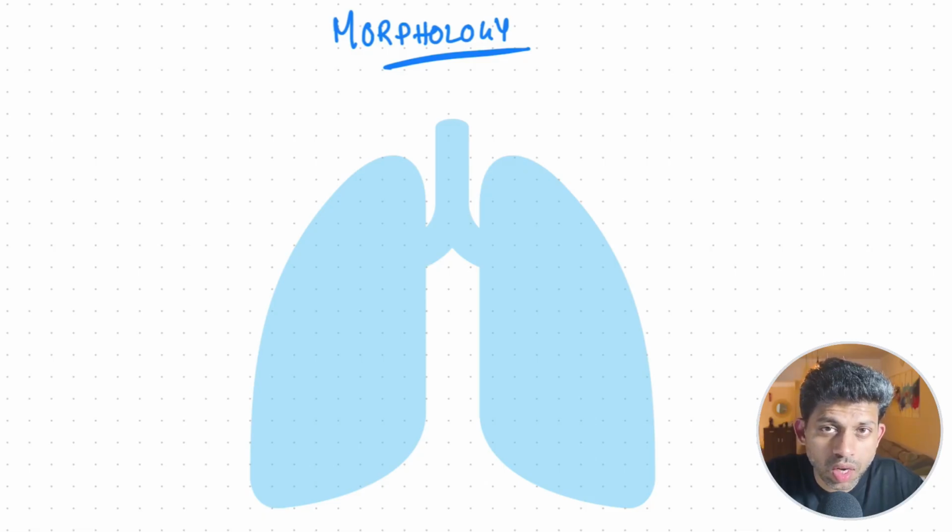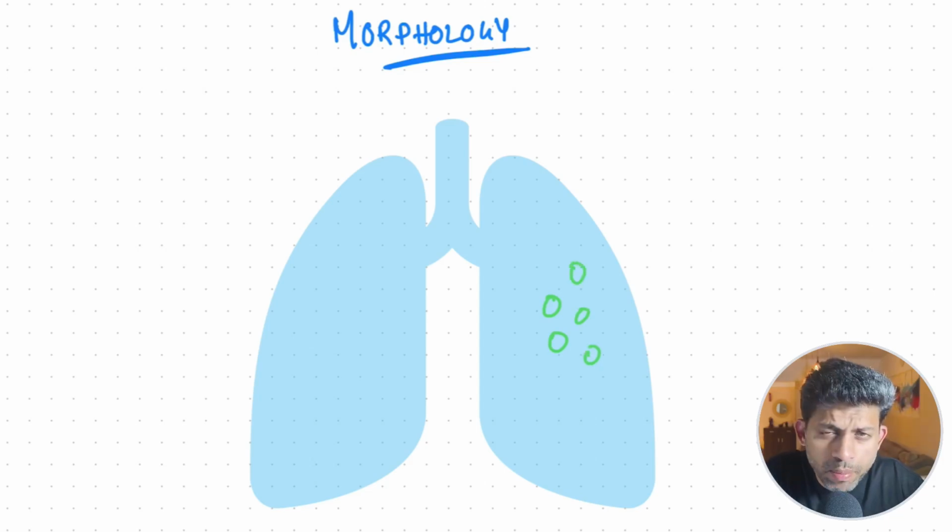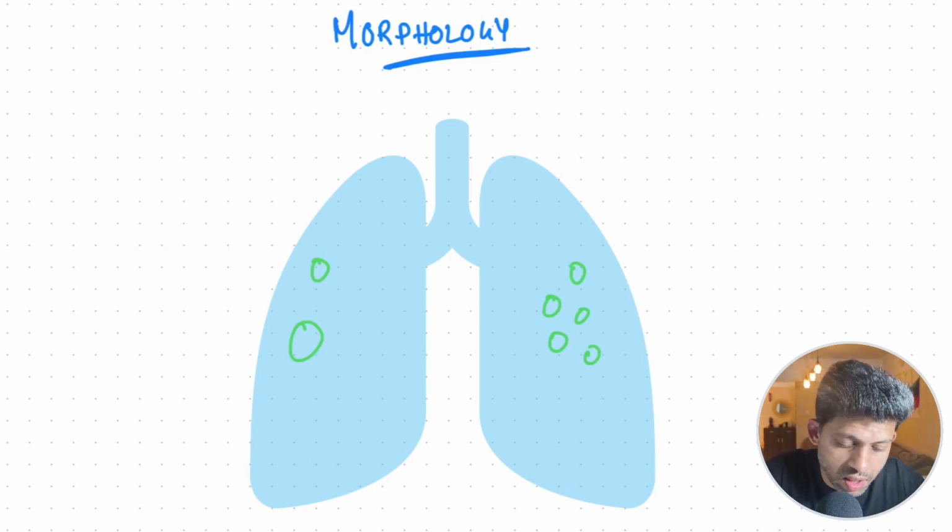How does the lung look after all these insults? Let's look at the morphology. Grossly, the cut surface of lungs shows dilated bronchioles and bronchi. Bronchi may be dilated up to 4 times its usual size. Normally, bronchi are not visible grossly near the pleura as they are really tiny. But in bronchiectasis, even the bronchi near the pleura can be visualized. These dilated bronchi are filled with pus.